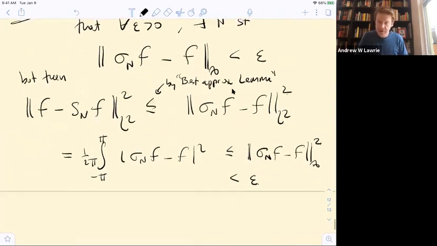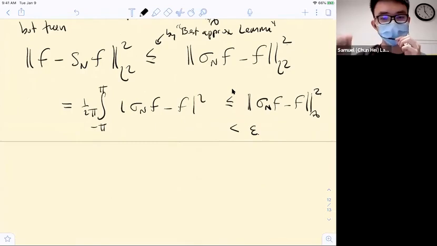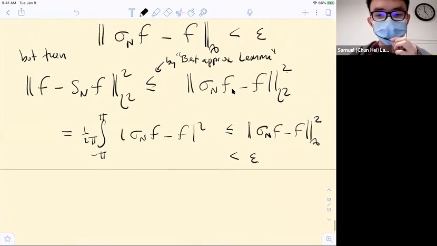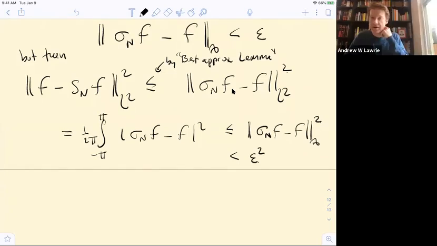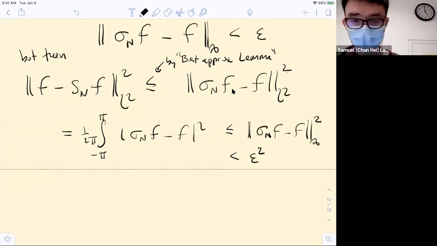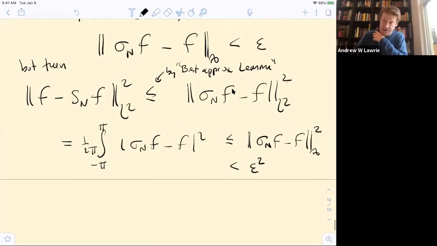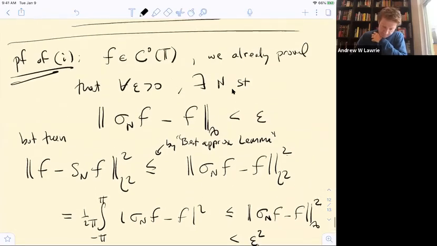Okay, you might object, well, we said... Sorry, can I yes, interrupt? I mean, should have epsilon square, but I guess doesn't really matter. Sure, yep, even smaller. Yeah, and okay, so this is just for continuous functions.